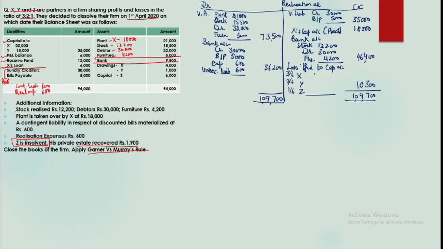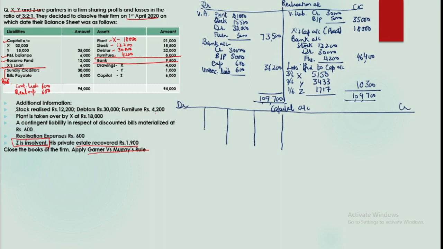So this is 5,150. Okay, and for Y it is 3,433 and for Z it is 1,717. Okay, now we'll prepare the capital account in the usual format, because insolvency will be established at the time of final payment. Okay, so just make a format, prepare the account.